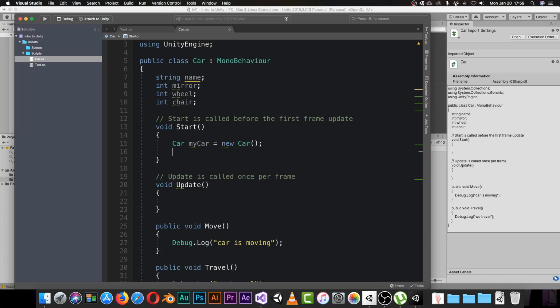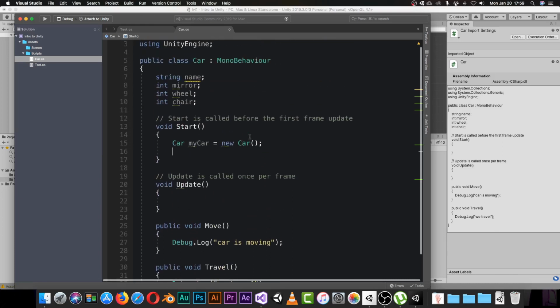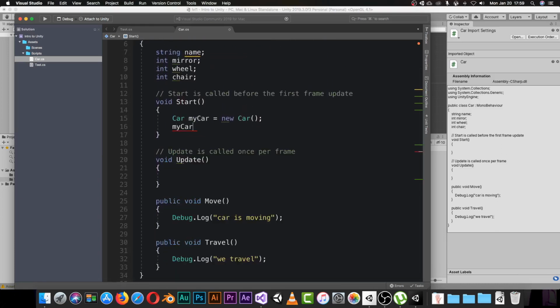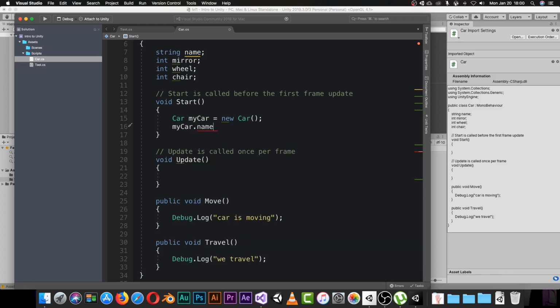So what do we have inside the car? We have the name, we have the mirror, we have the wheel, we have the share, and of course we have the move function and the travel function. So here what we can do now, we can just call our variable my car, and we do this dot here, and we can get access to any variable that we want. So the first one, I will just go ahead and call name,